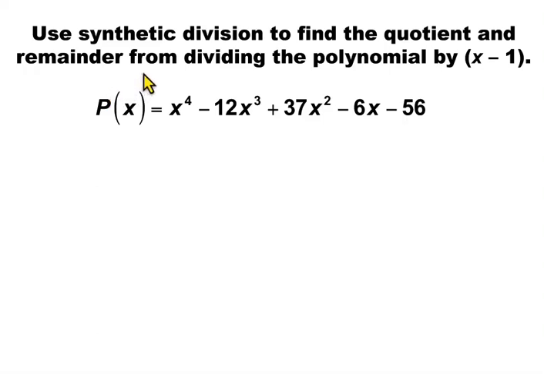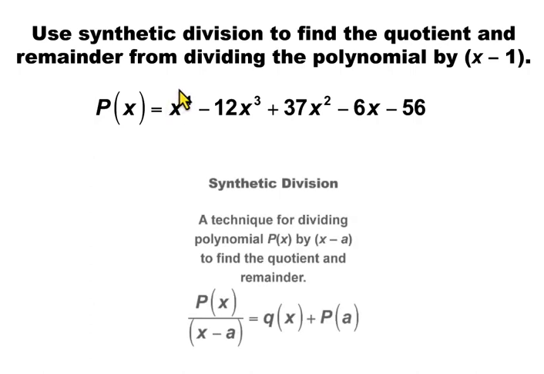Use synthetic division to find the quotient and remainder from dividing the polynomial by x minus 1. Synthetic division is a way of dividing one polynomial by a linear binomial to find the quotient and remainder. When dividing by a linear binomial using synthetic division, make sure the factor is written in the form x minus